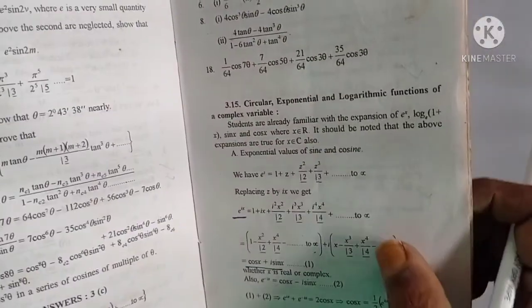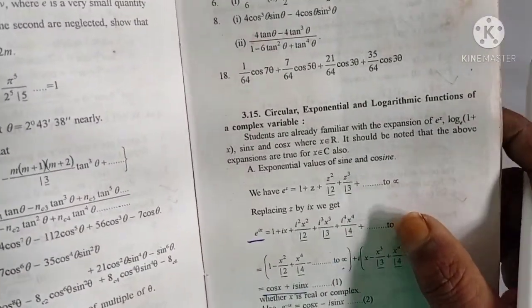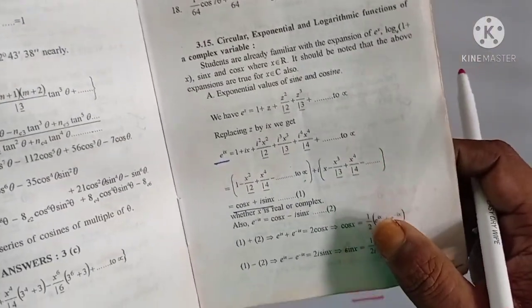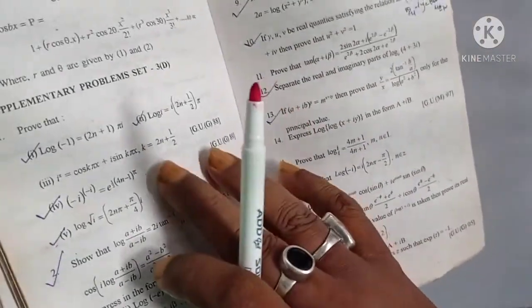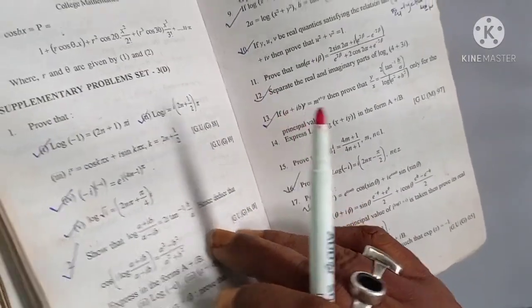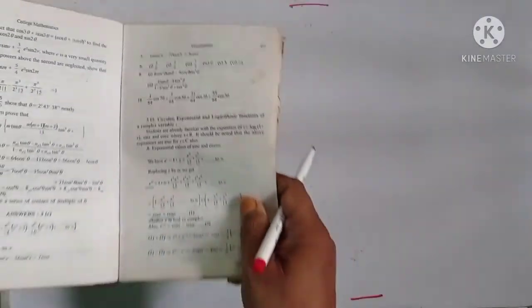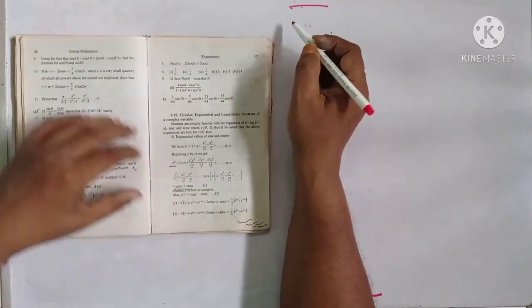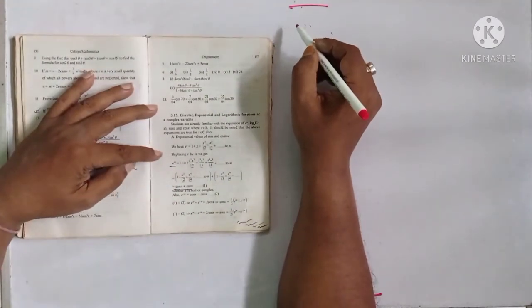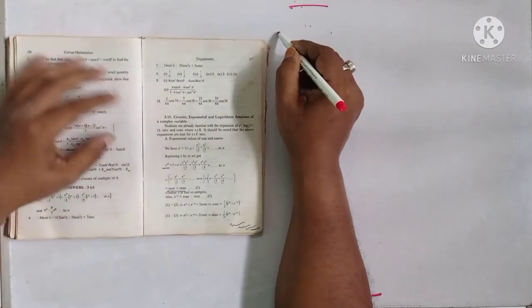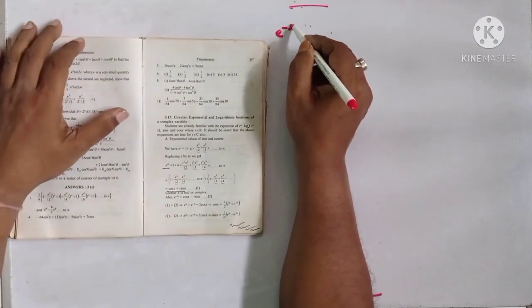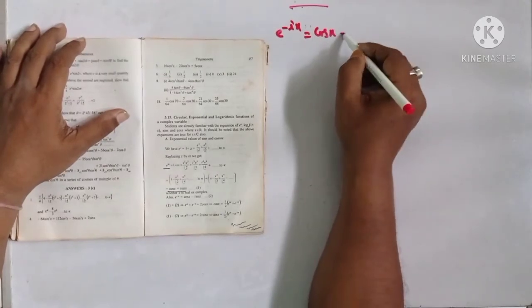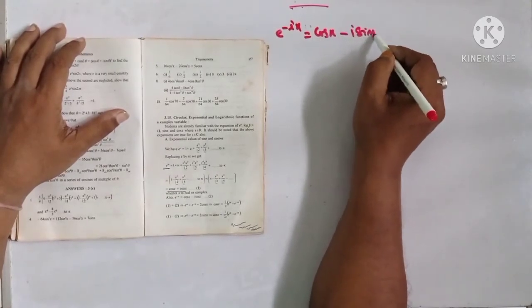So here, for the theory, only these formulas are used which I am going to write here, and on the basis of these formulas you can solve these questions. So the formulas are here. First, e to the power of minus ix is equal to cos x minus i sin x,